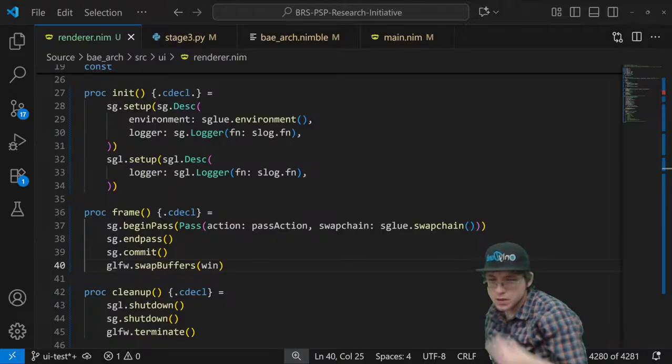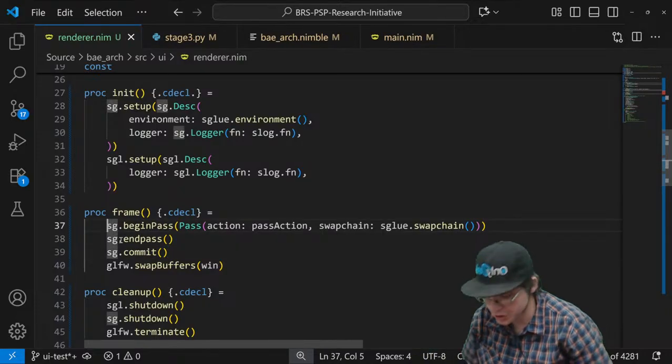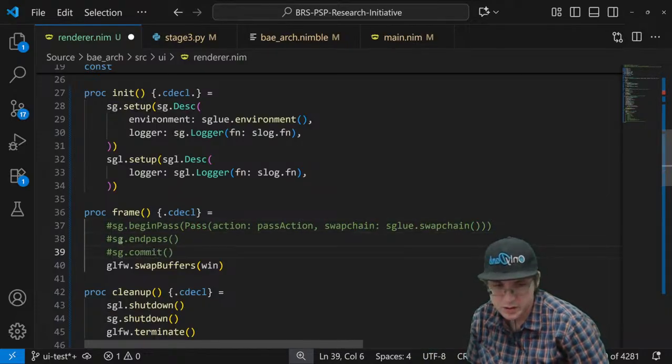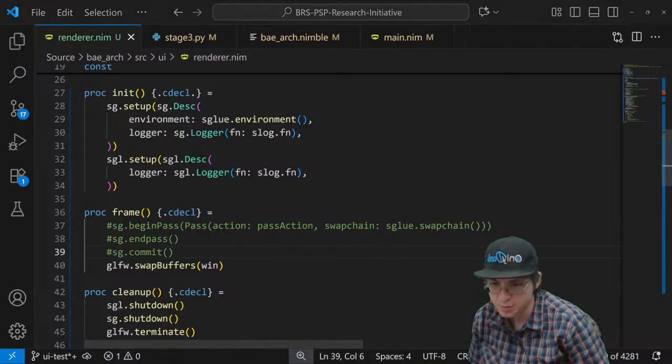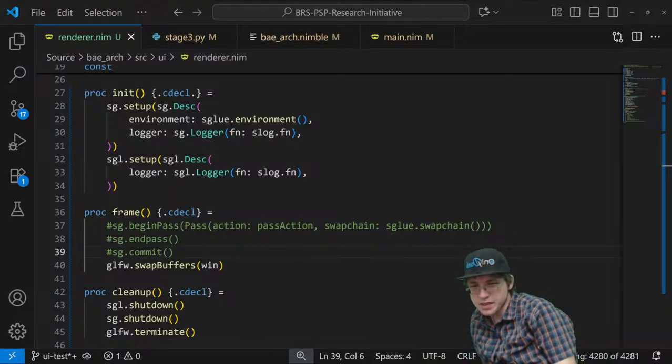Oh, so I think it's SGL, or the graphics library, that's acting up on me. Let me see what happens with that.